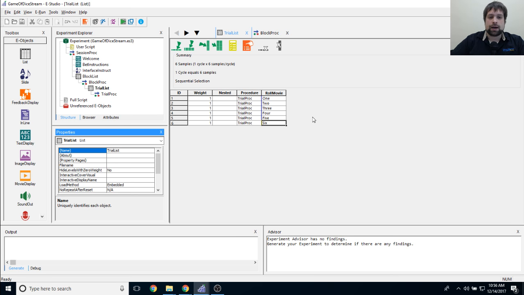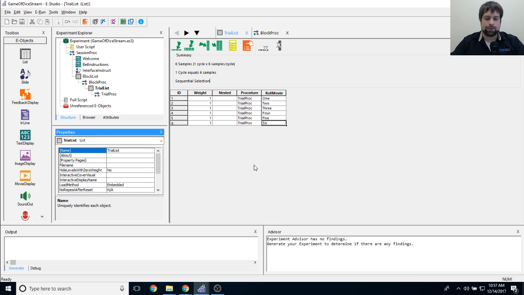So now that I've done that, I want to make a few changes to the way that ePrime presents this information to users. Because right now, if you look at the way that my task is set up, I actually have 6 samples, which makes sense. It's running through each one of the dice once, but it's going in sequential selection, which isn't random and is going to totally skew the participant's bet, because I'm doing 1, 2, 3, 4, 5, and 6 in that order. Now, obviously, the thing that I want to do is I want to randomize it,